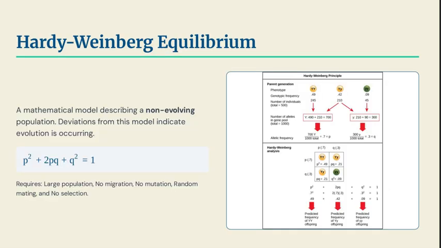Next, we have to understand the Hardy-Weinberg equilibrium, which is a mathematical model describing a non-evolving population. And deviations from this model indicate that evolution is occurring. And the requirements for this are really just theoretical, because in a population, not all of these are really gonna be true. So it's something you just really learn in the classroom, and something that you really should know. I can go over it more in depth on actual Hardy-Weinberg questions, maybe closer to the AP exam, but